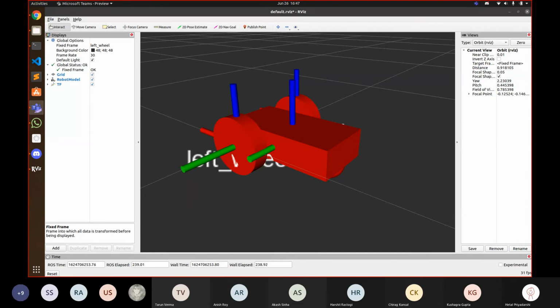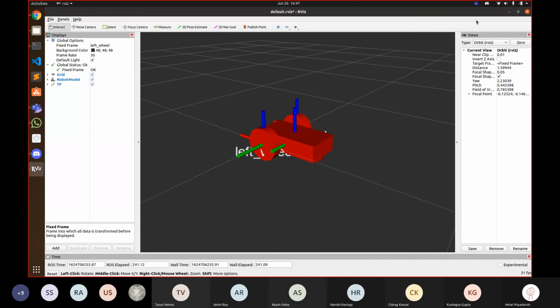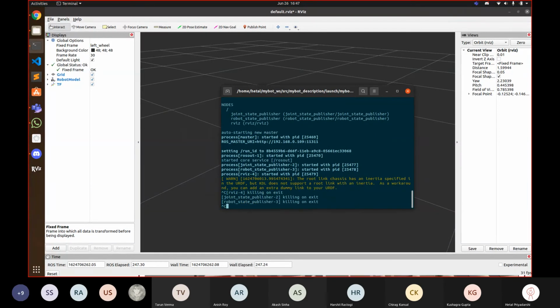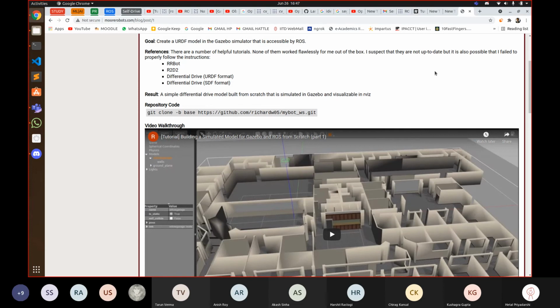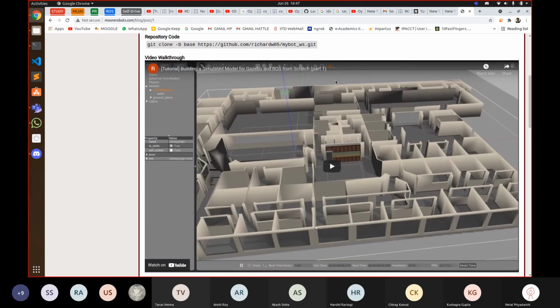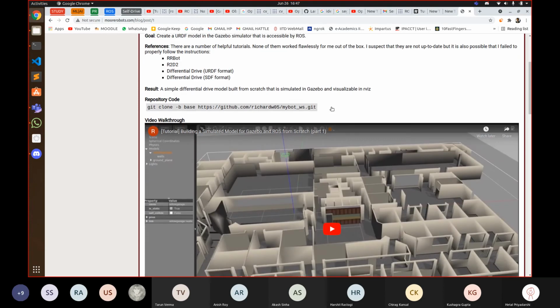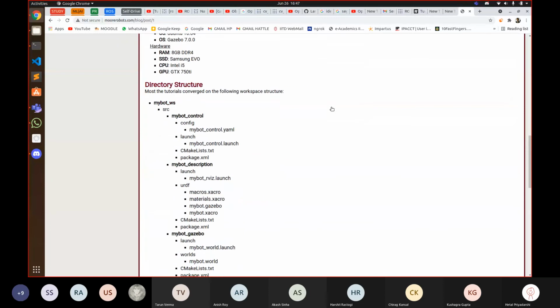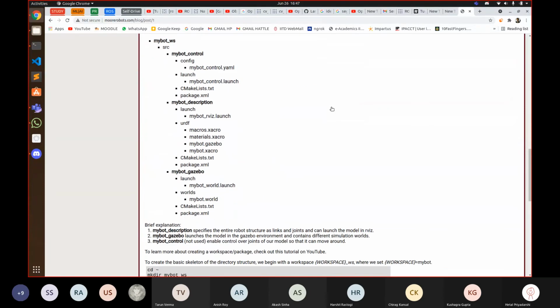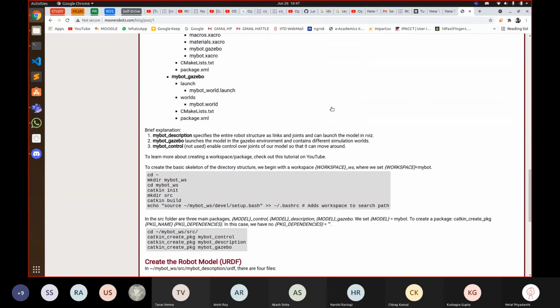Just close it. Go to Rigidbank's page, I guess. What I want you guys to do is to try to make at least part of these tutorials work for you.